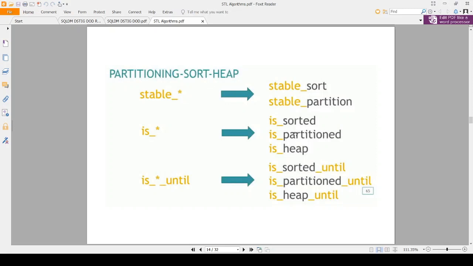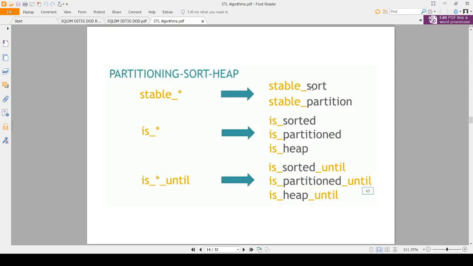Is partitioned will return a boolean depending upon whether the collection is partitioned or not, and is heap also will return true or false if the collection is a heap or not. Similarly, is star until will check only until one particular point and will return true or false depending upon the result.